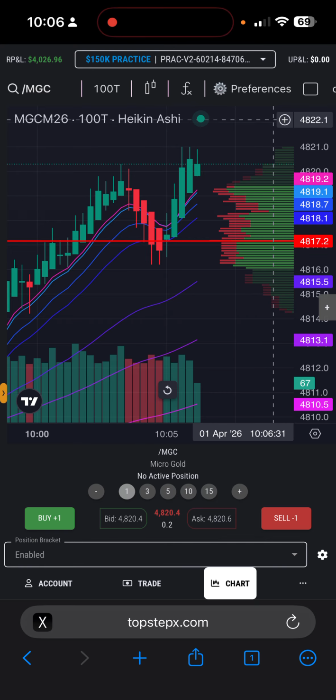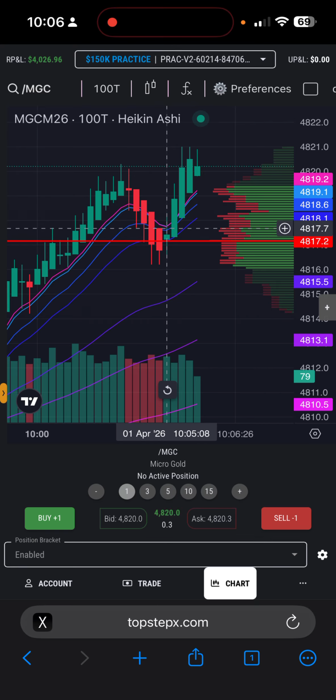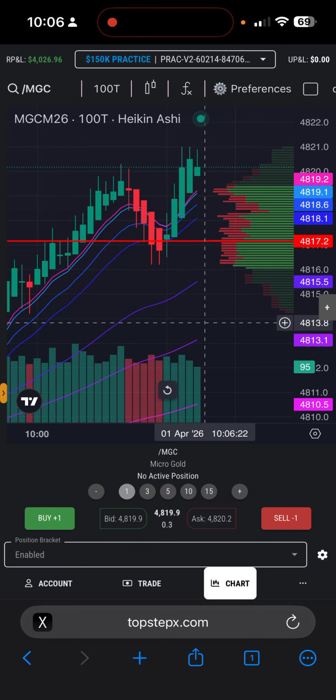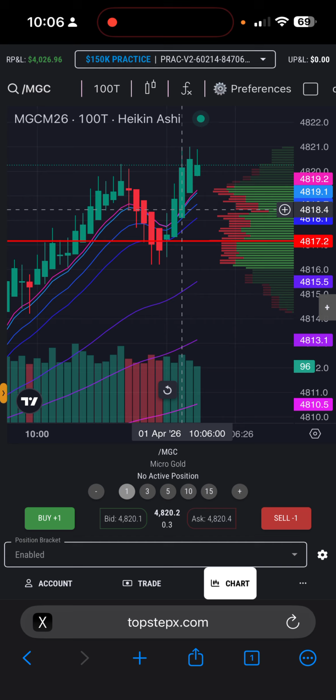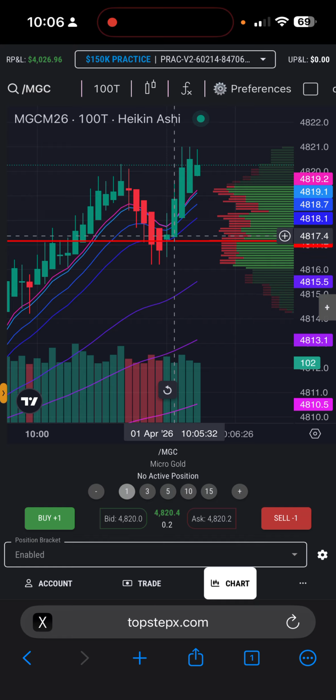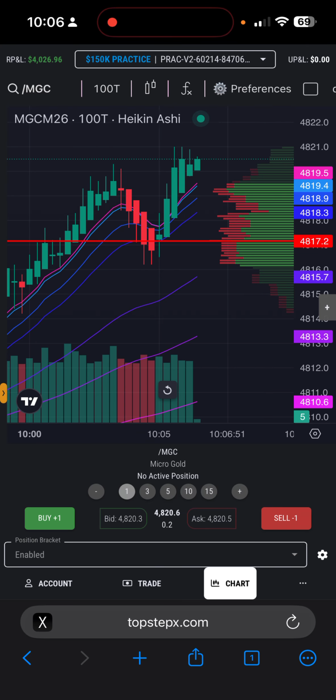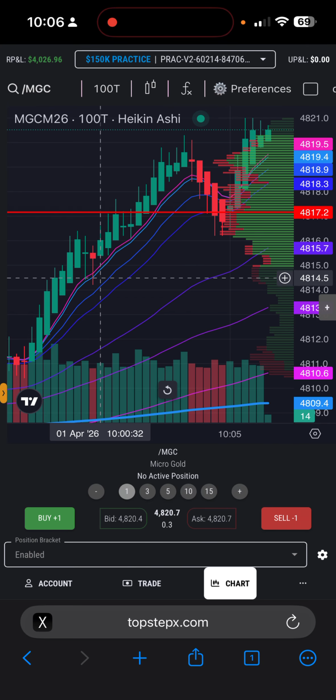You get a pullback, you continue the same way. You know, if this would have come up here and bounced and came down, I would have taken a continuation trade. Since we had the reversal, I took the reversal trade. Like right here was a nice pullback. You see, you got a nice TP off of that.